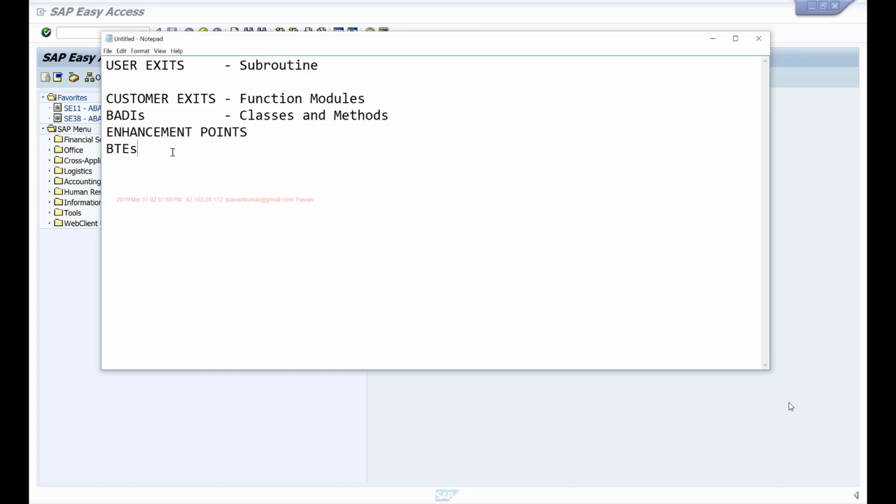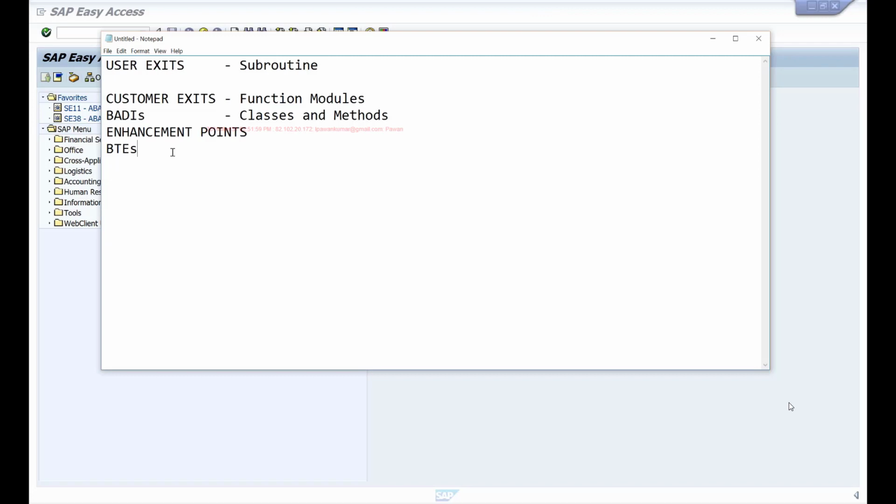So once you find that an enhancement will meet your requirement, then implementing it becomes very easy. But just finding which enhancement you can use to achieve the functionality that you're looking for will take some time, and it also requires some experience and understanding of the overall application flow. We generally look at two things when we talk about enhancements, or when you try to search for them. One is, at what point in the program flow is the enhancement being called, and what data is available within that enhancement for you to manipulate.